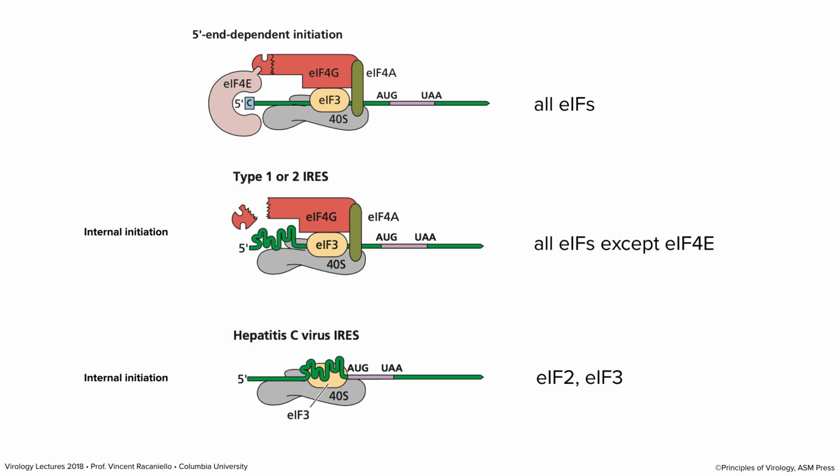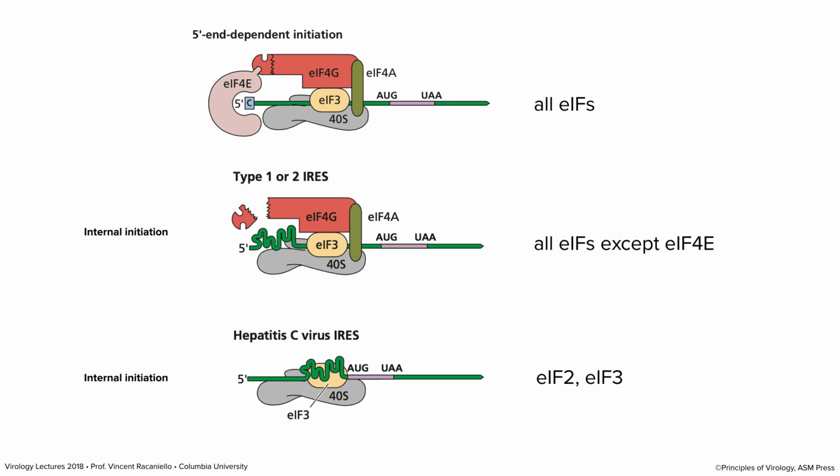And hepatitis C virus also. In fact, here the EIF3, it doesn't even need EIF4G. EIF3 itself can bind to the viral RNA and recruit the 40S ribosome. So this is why you can cleave EIF4G in cells infected with these viruses. You do not affect viral protein synthesis because it is not 5' end dependent. So what is it? Well, it's internal initiation because the 4G recognizes, or EIF3 recognizes the RNA internally and the